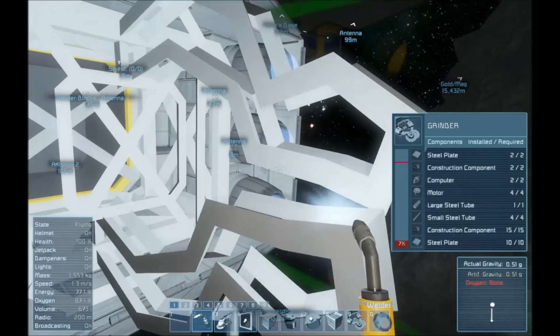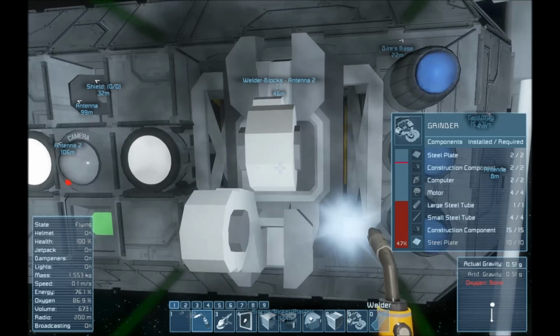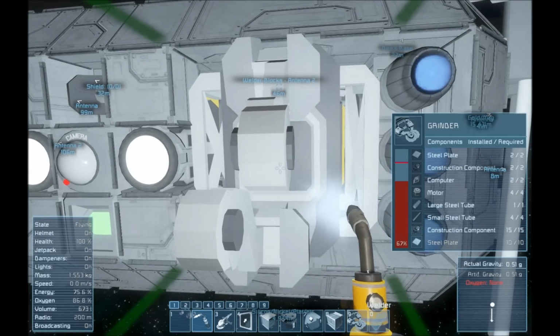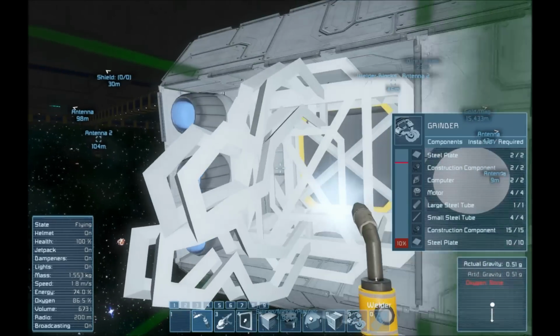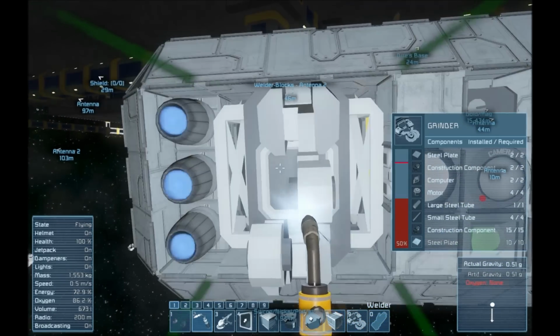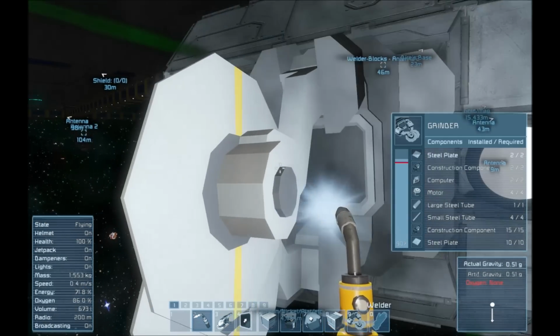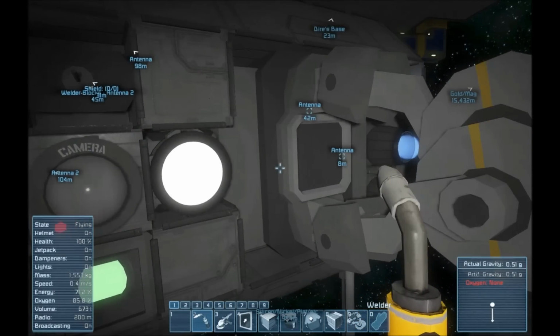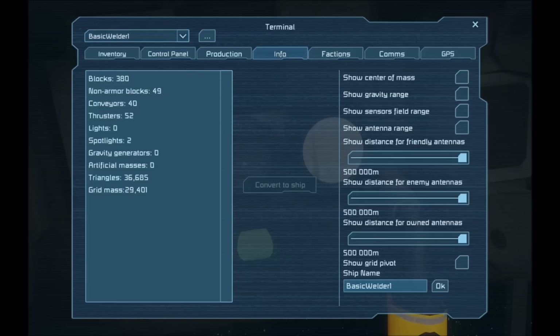Let's see. Oh, that was pretty good. Nice. I guess twin welders have a lot of stuff. So easily put together a couple grinders here by hand. I had enough components in one twin welder for two grinders. And these are the vanilla grinders, by the way. Non-modded. So let's jump into basic welder. We'll name him basic